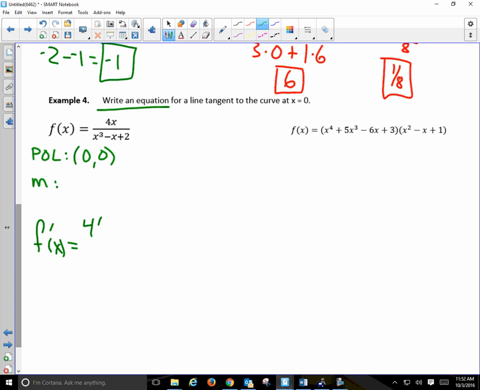What's the derivative at the top? 4 times x cubed minus x plus 2 minus, what's the derivative of the bottom? Three x squared minus 1 times the top, which is 4x, all over